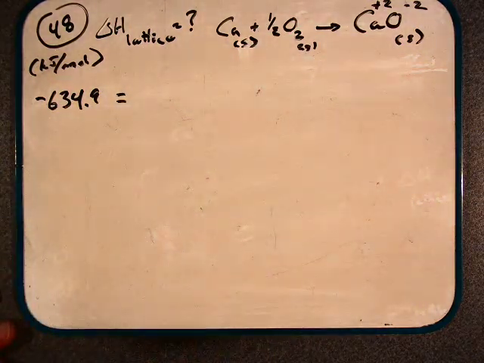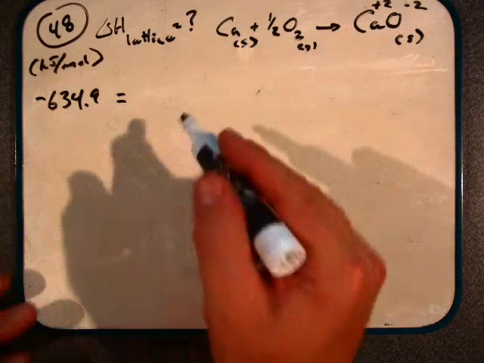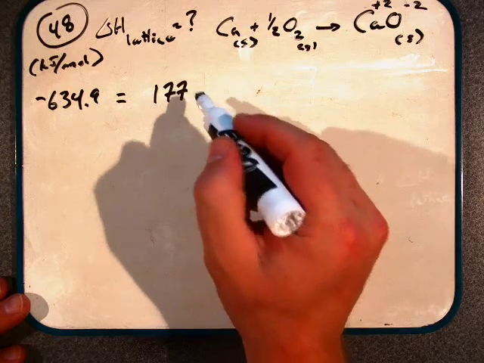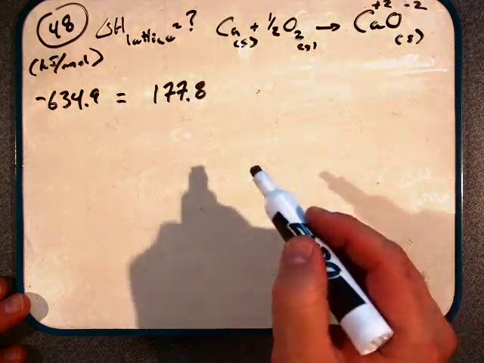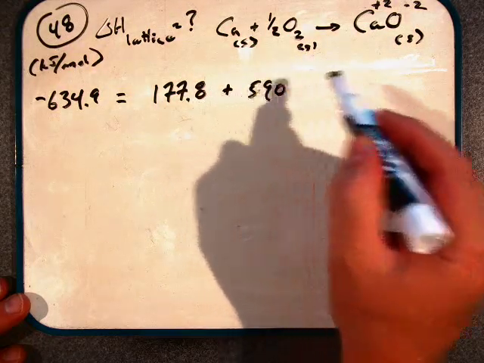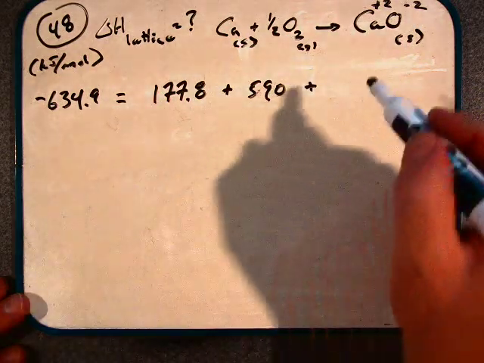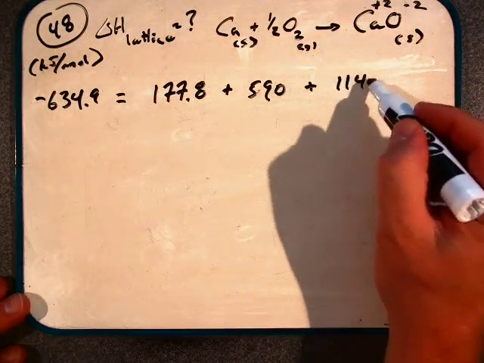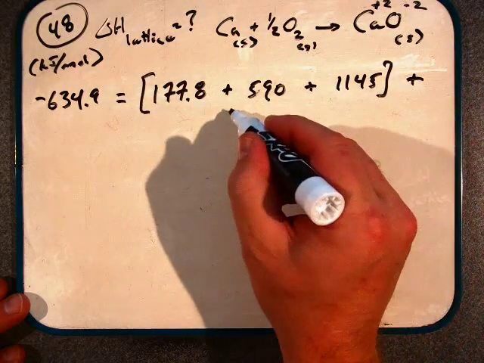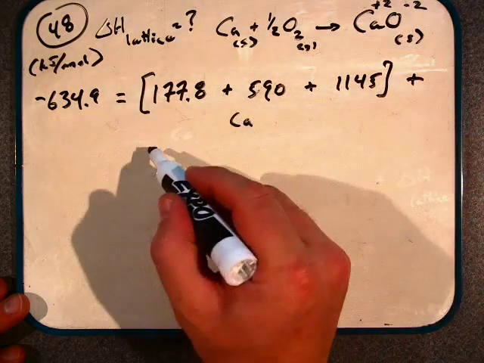And so that delta H of reaction was equal to then our heat of sublimation, which was 177.8 kilojoules per mole, plus our first ionization energy, which was 590 kilojoules per mole, plus our second ionization energy, which was 1145 kilojoules per mole. So again, that was all dealing with the calcium. And then we're going to add to it